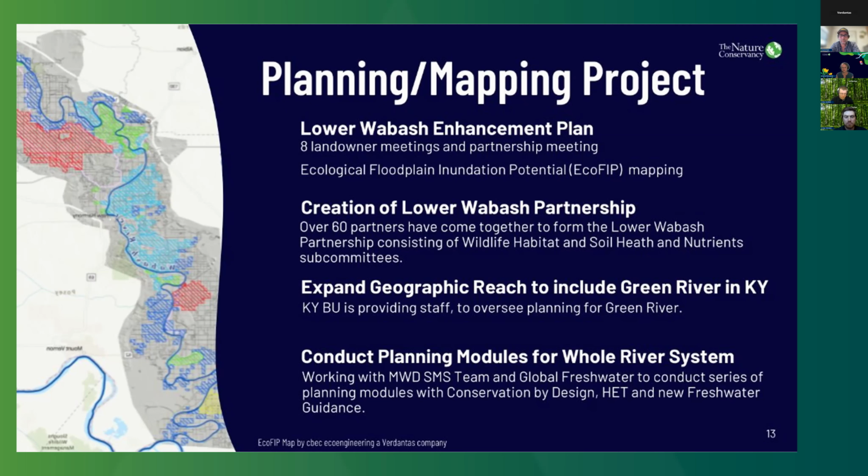So in addition to just doing the mapping, we also wanted to make sure that the plan that we were going to be implementing included the local communities. And so that's how we got to the landowner meetings and the landowner outreach. We really wanted to work with those local communities to find out what needs they had and what issues they were dealing with. And then we would be able to marry our technical mapping with what was going on in the local communities and then be able to create this implementation plan.